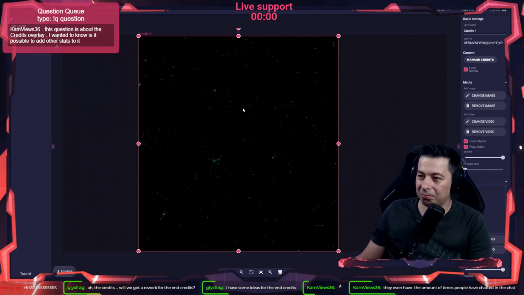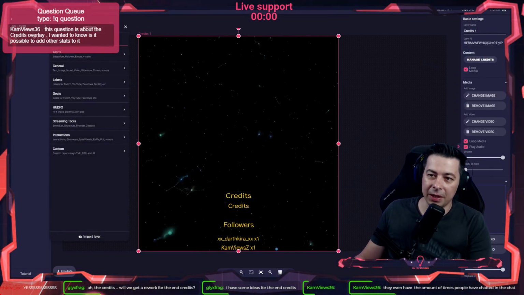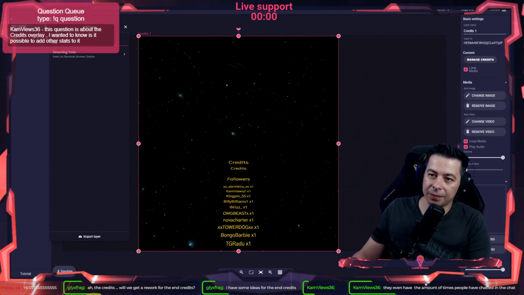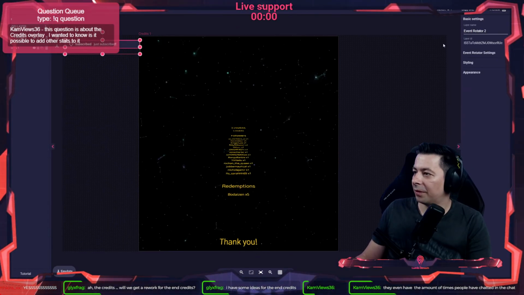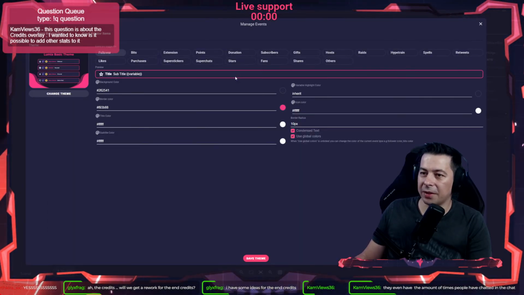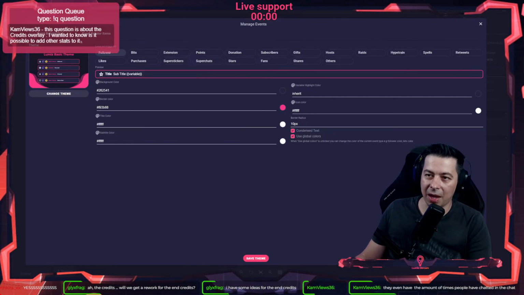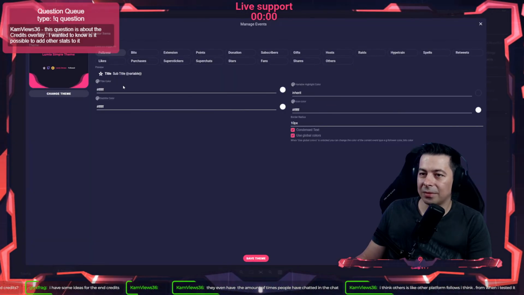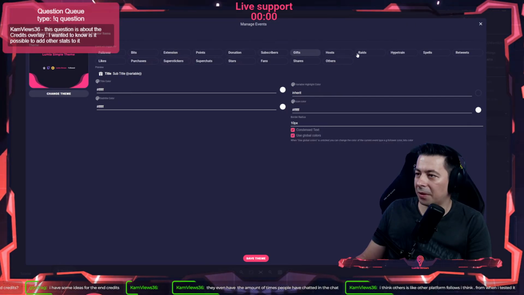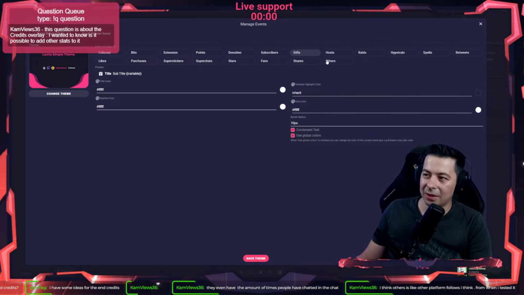Like for example, when you have the events rotator, like this one, and here you can manage events and then just use everything, right? So here we have followers, bits from extension points, donations, followers, hosts, raids, hype trains, retweets, and others.